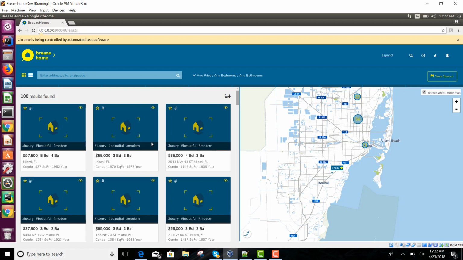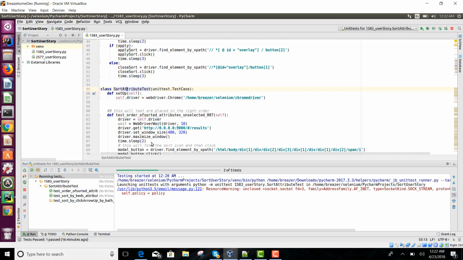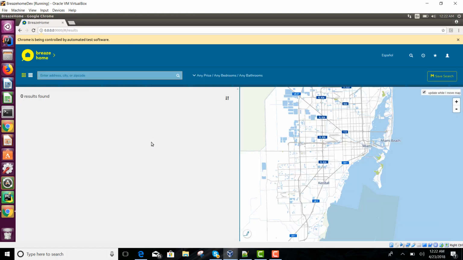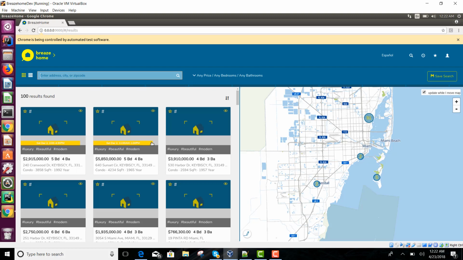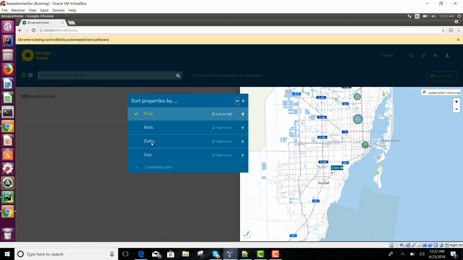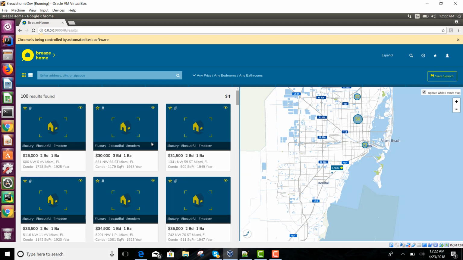Now it's going to do it by the next test. It's going to be doing it by price, low to high, apply, and we see that the prices are from low to high. And lastly,